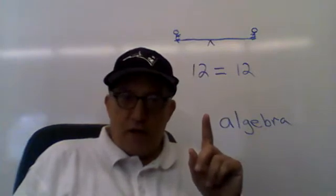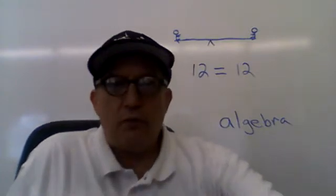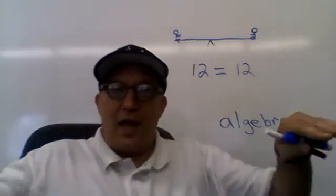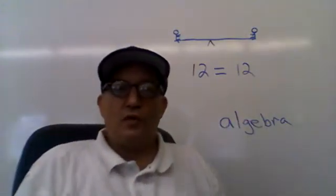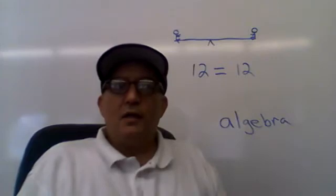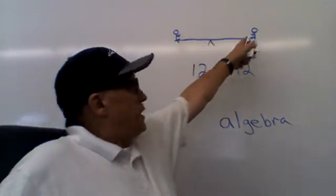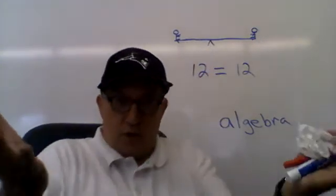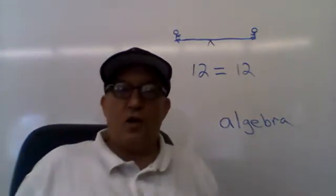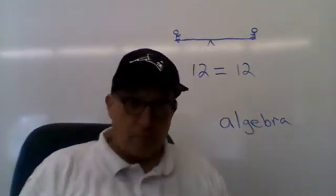I've written on the board a very non-controversial statement that I think you can all agree to. 12 equals 12. And I've also made a very crude diagram of two people on a seesaw. And that seesaw is in balance. It's perfectly parallel to the ground. So presumably I guess the two people on the seesaw have the same weight. Well, if we were to put a 10-pound weight in the hands of this person and a 10-pound weight in the hands of this person, once we've done both of those, the seesaw would stay in balance. Or if they've already got those 10-pound weights and we take the 10-pound weight away from each side, then the